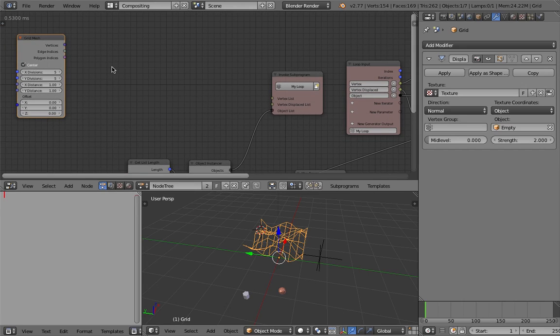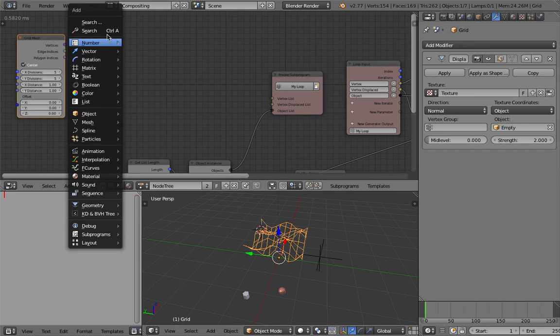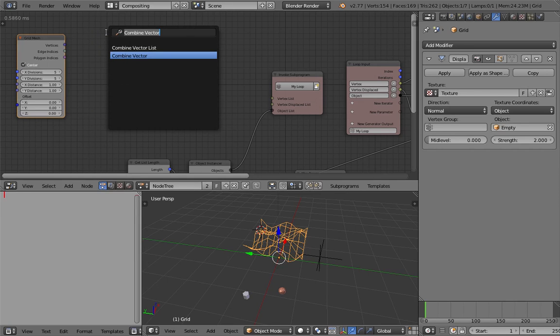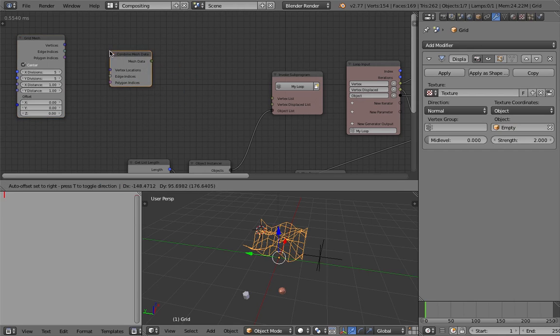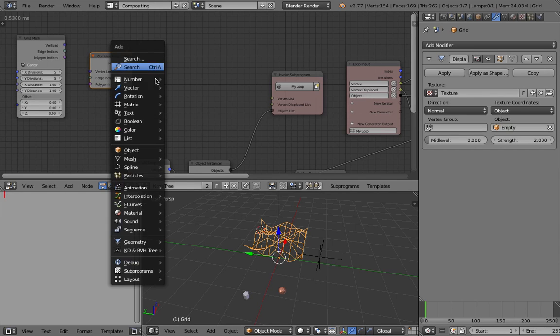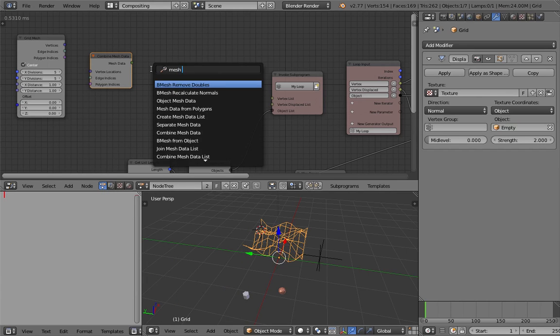Okay, maybe we can use mesh data, combine mesh data. Let me think. Mesh data.